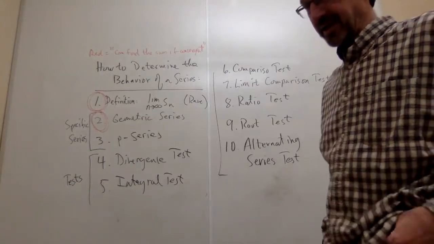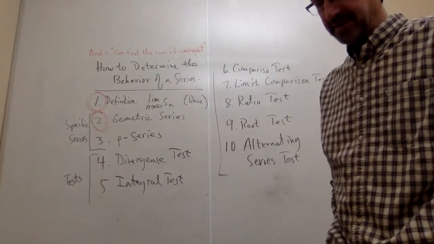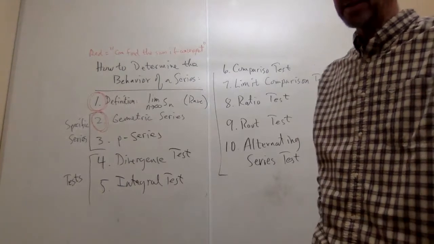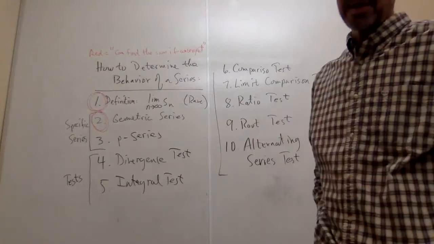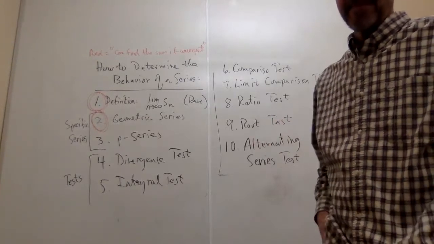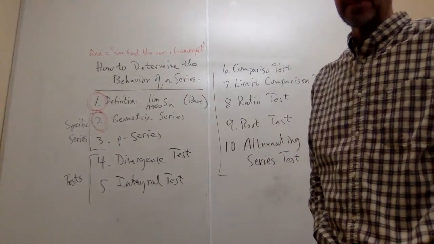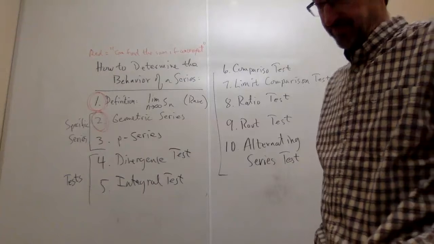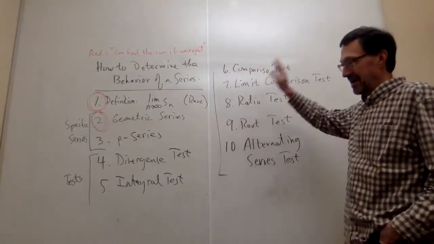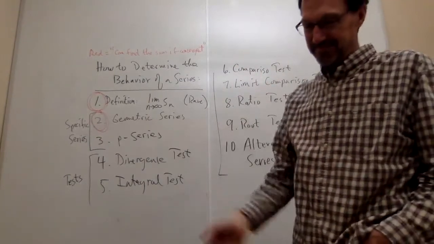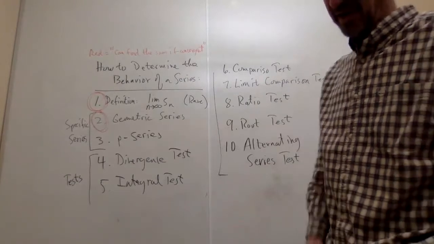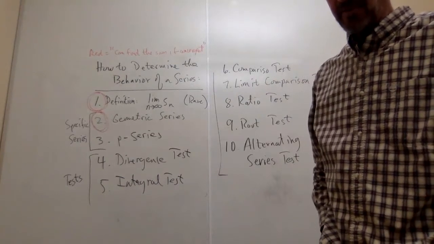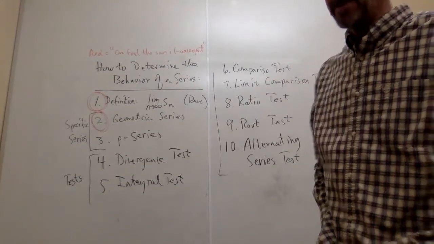So mostly, with an exception I'll talk about in just a minute, what we're looking at is, does it converge or does it diverge? And can we prove it? Can we find the test that verifies it? So I'm going to summarize these 10 ways we know. And then I'm going to pick some problems sort of semi at random from the review problems at the end of chapter 10, and I'll talk through how we decide. Having 10 things gives us a lot of power, but it also requires us to really understand how they operate and to know which one is a good one to use when we're confronted with series whose behavior we don't know.